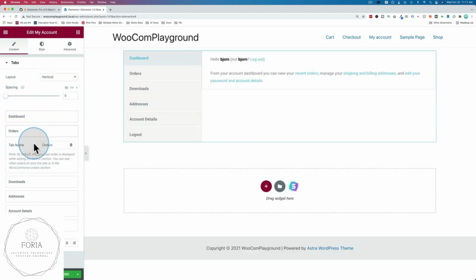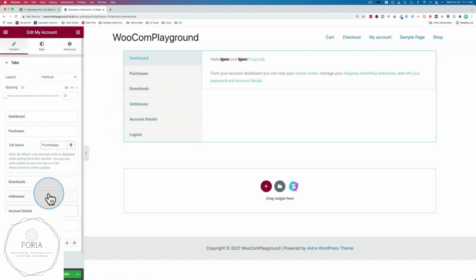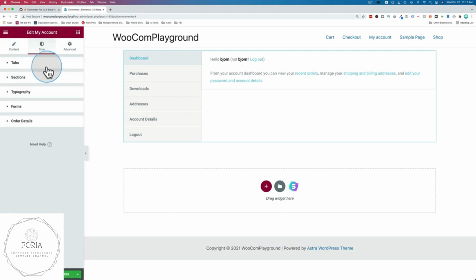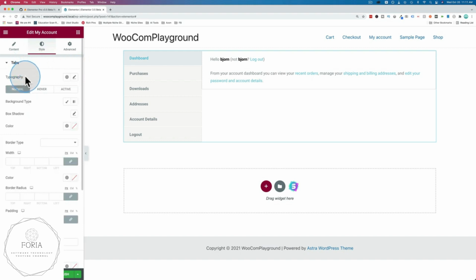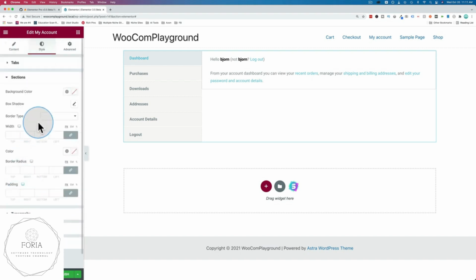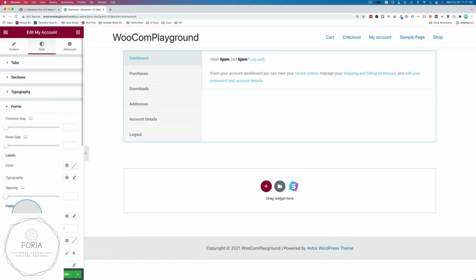Just click on these tabs. Maybe orders is the wrong word, maybe purchases is what you want for your My Account page for your customers. And now you can make all this congruent with the rest of your website as well, because the style options are just as thorough as they were for the checkout page and the cart page. We can customize each of the tabs, typography, borders, colors, backgrounds, dividers, each of the sections, typography, forms,